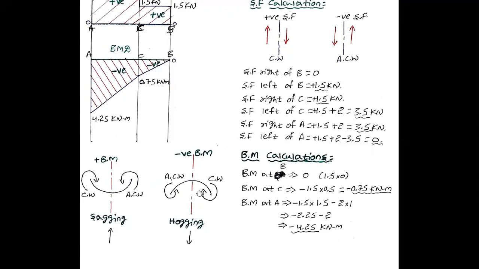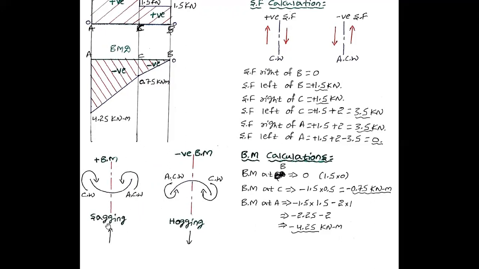Here it is clockwise, so you will get hogging. On the left section, the force is acting downward, which provides an anti-clockwise bending moment, and you will get hogging. Similarly, for sagging, an upward load results in an anti-clockwise moment on the right-hand side. If it is acting upward and you are using the left section method, it gives a clockwise bending moment. This is the standard method, and this is how you need to remember it.